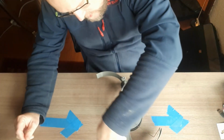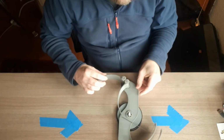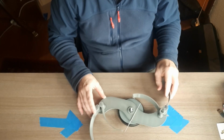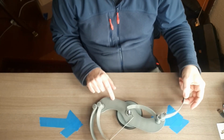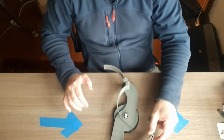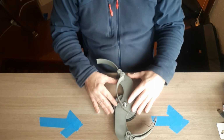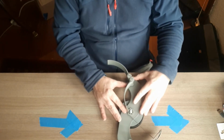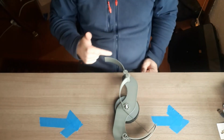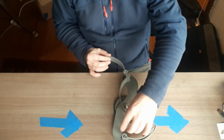So instead of the big disc on the bottom here, I've just printed up a holder, but these are the blades that I've got in the system. And you can see one opens up, and as it opens up, it closes the other side here. So what happens is, right, we start at the very beginning of the cycle. So we have flow moving in here, coming in and capturing. So all of this side here is capturing flow, and this is very